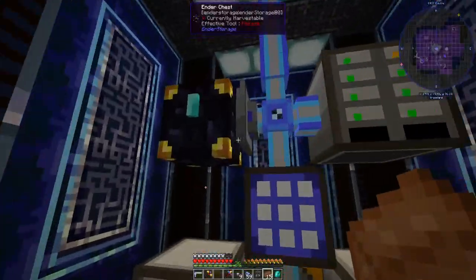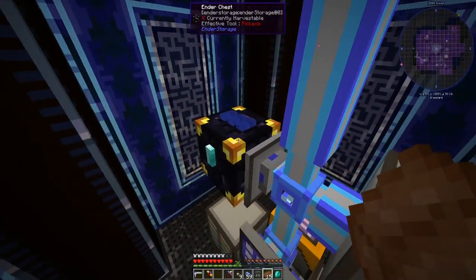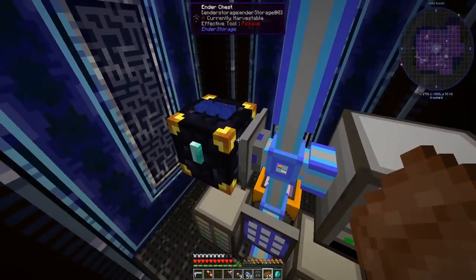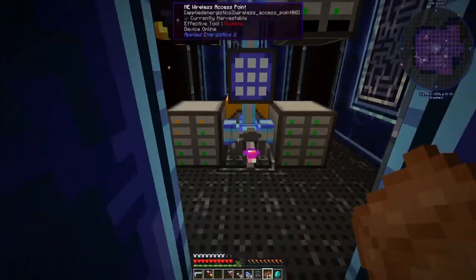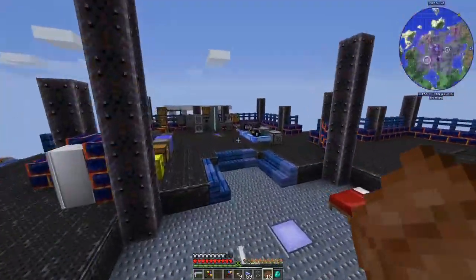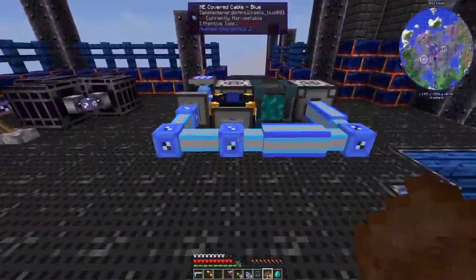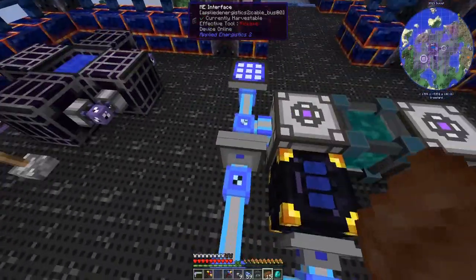And if you take a look down here in the computer room, I have hooked up this blue ender chest to the main ME system here via a storage bus. That is important to keep in mind as we are looking over this system, which is over here. I've got the same blue ender chest here,